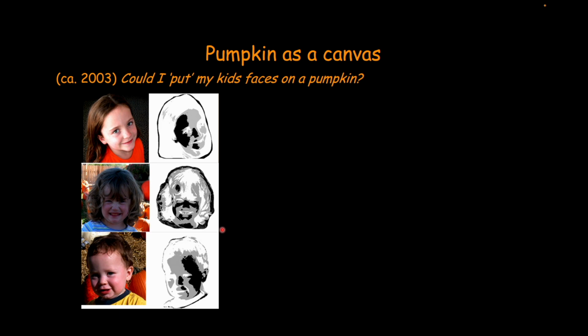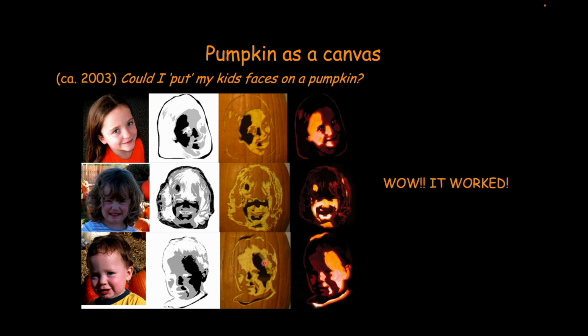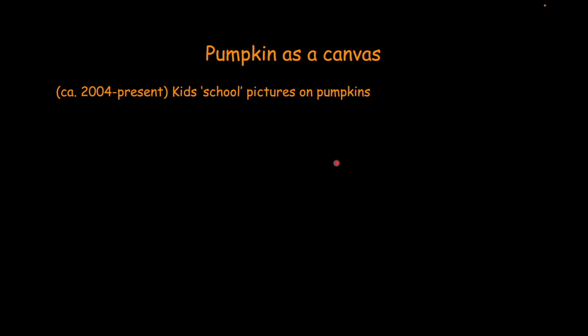So I took the pictures, I rendered 3-tone images from these that I would then use to carve. And I carved the pumpkins, and then I put candles in them. When I carved them and did the shaving, and we'll talk about this in a second, these don't really look good. But when I lit them, I was like, wow, this really actually works quite well. And you generate these images that look pretty much like the photographs, which I was pleasantly surprised at.